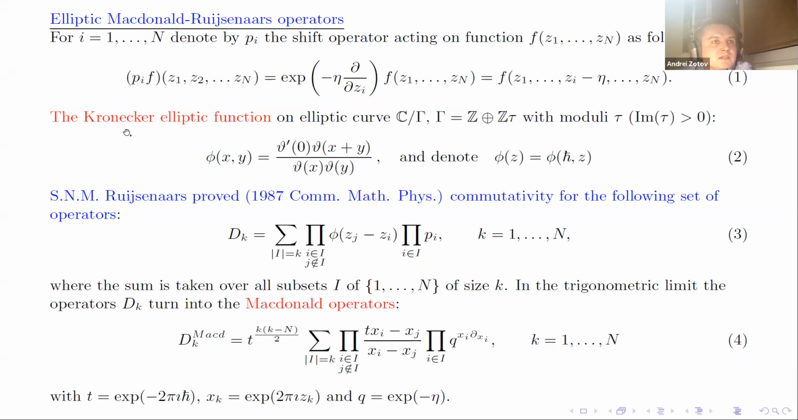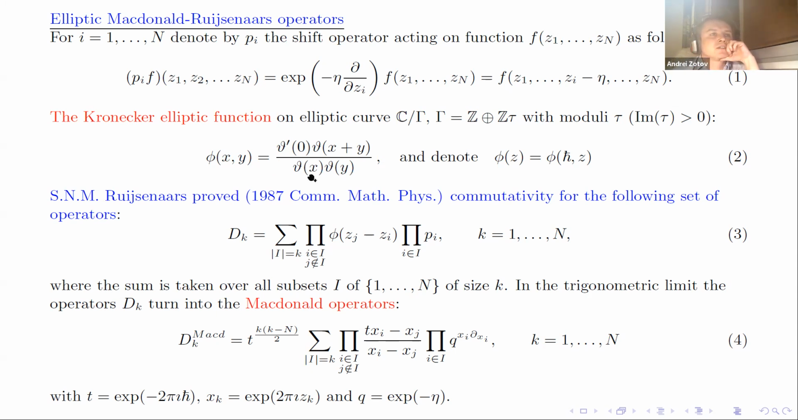Here are some notations. The shift operators pi_i act on functions by shifting the corresponding arguments by minus eta. We're also going to use the elliptic Kronecker function, which is a ratio of theta functions, and the theta function is the odd theta function, which has a simple zero at 0, and this ratio is